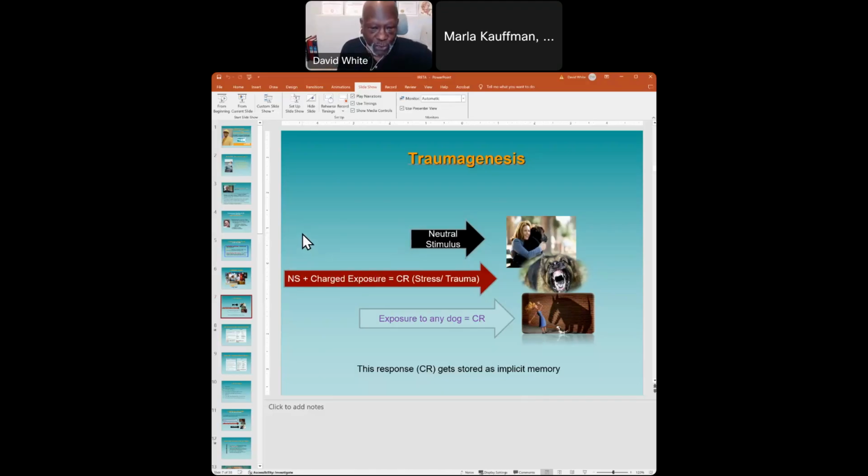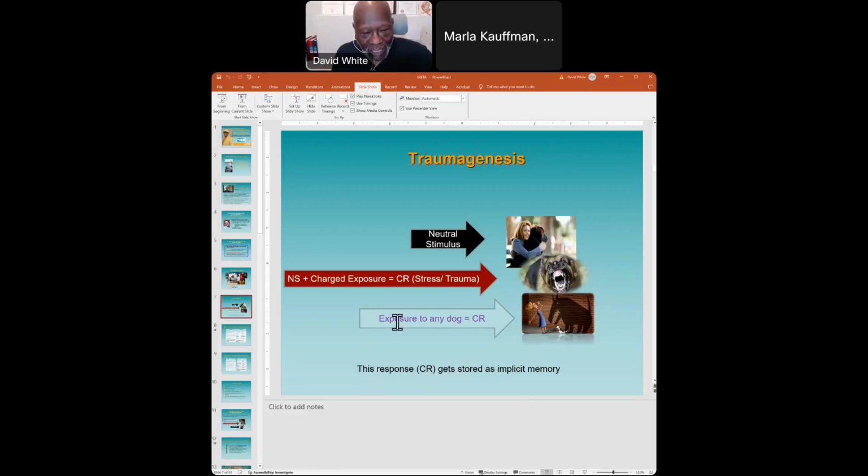You take something that has no charge for you, you pair it with something that does have a charge, and then see what happens when you put the thing that did not originally have a charge in the situation where it can receive some input. So in this case, the woman now, after she's experienced this traumatic event with the dog, now it's not just about that one dog that traumatized her.